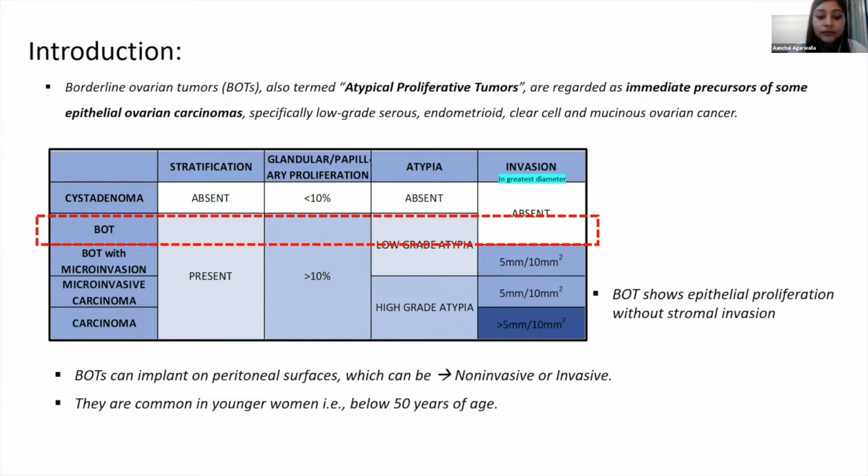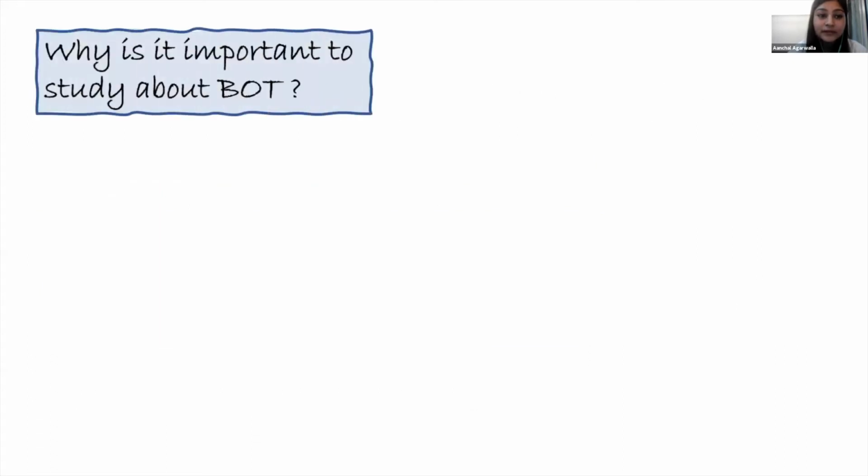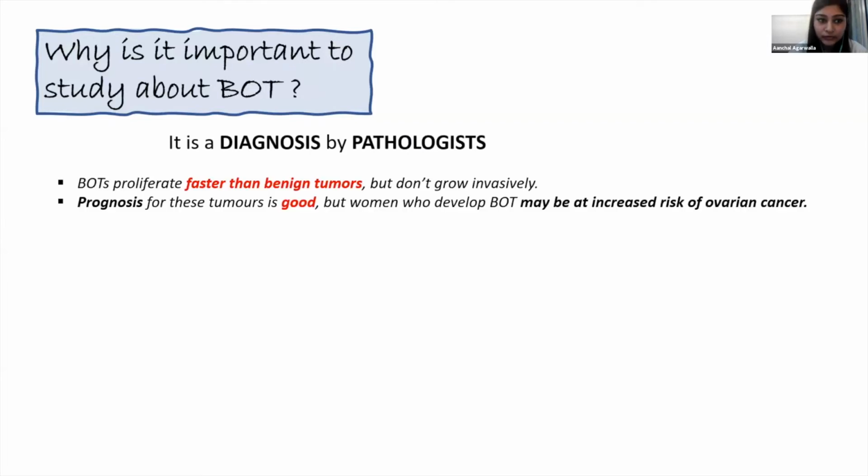They're common in younger women, especially below 50 years of age. So why is it important to study borderline ovarian tumors? Borderline ovarian tumor is a diagnosis made by pathologists. Although they do not grow invasively, they proliferate faster than benign tumors. Prognosis of these tumors is usually good, but women who develop borderline ovarian tumor may be at risk of ovarian